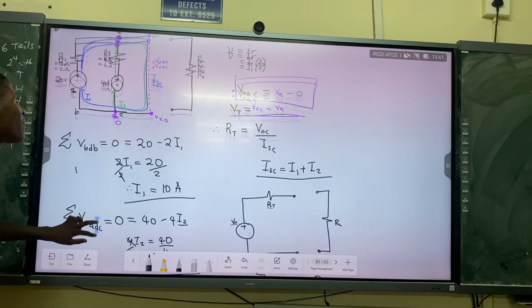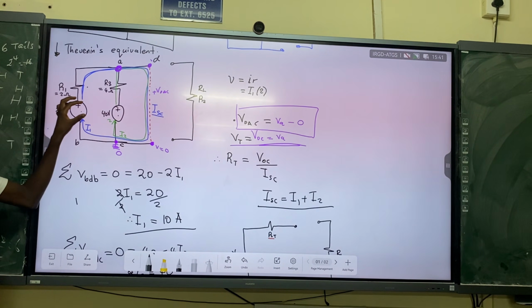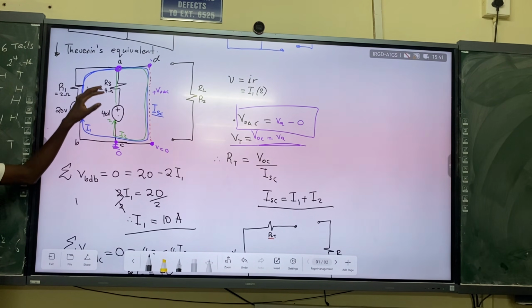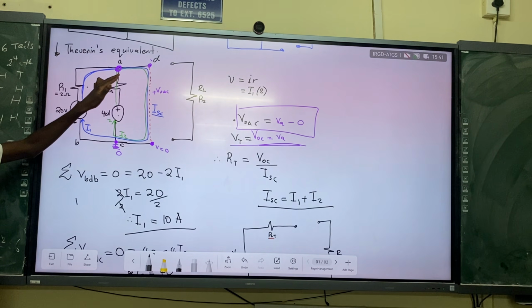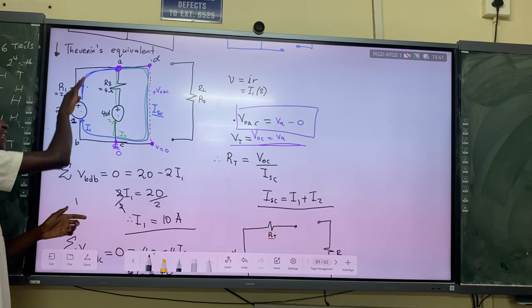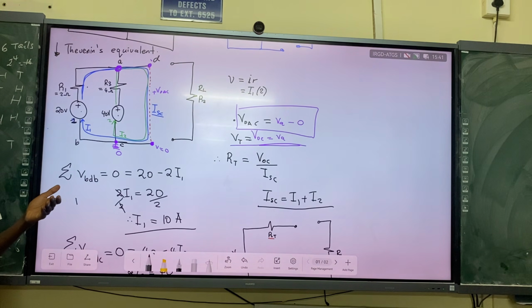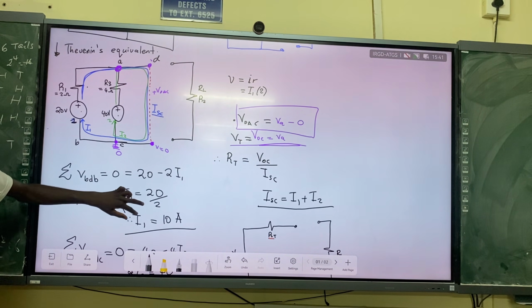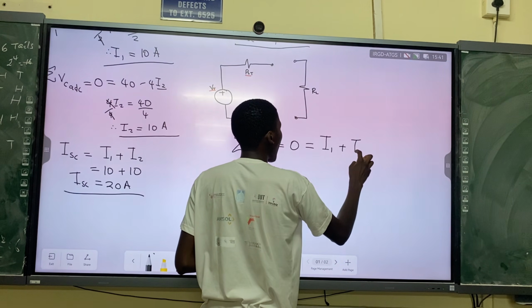Now let's see which currents are entering node A. It is current I1 coming from 20 volts, and current I2 coming from 40 volts. All of them are entering node A. So we are having the current I1, we are having the current I2, all of them entering the node. When the current enters the node, we usually denote it by using a positive sign. So this is going to be positive I1 plus I2.